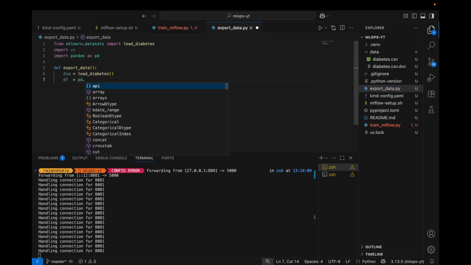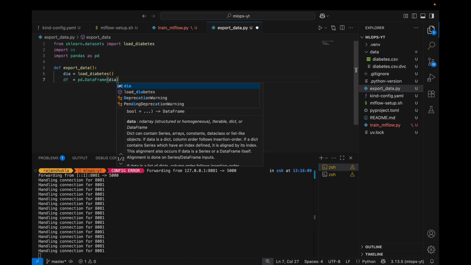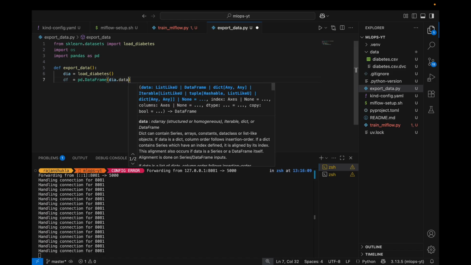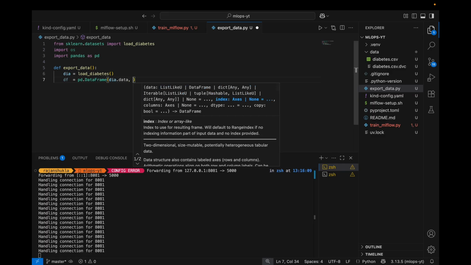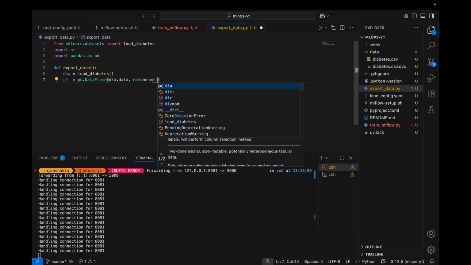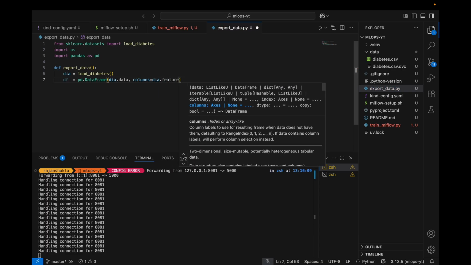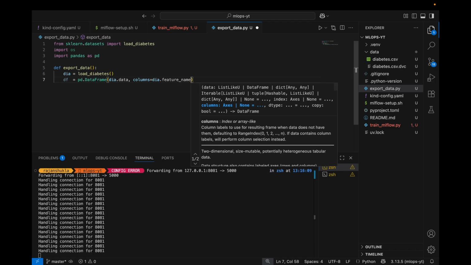So pd.DataFrame diabetes.data and columns diabetes.feature_names,